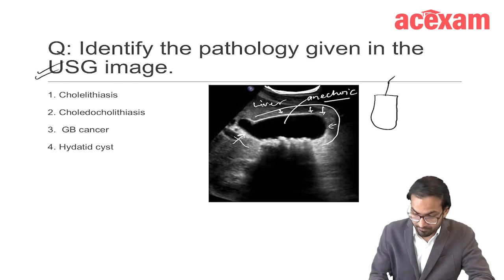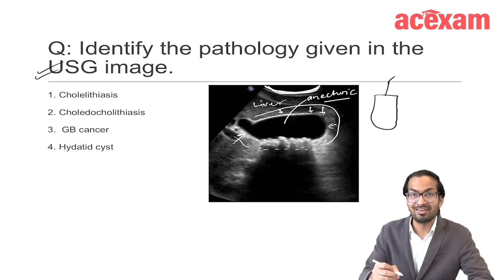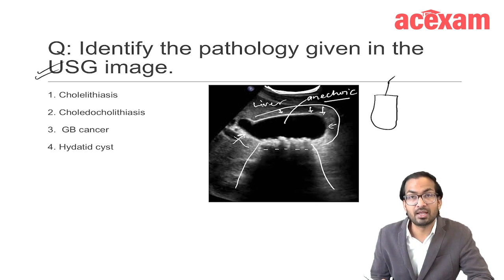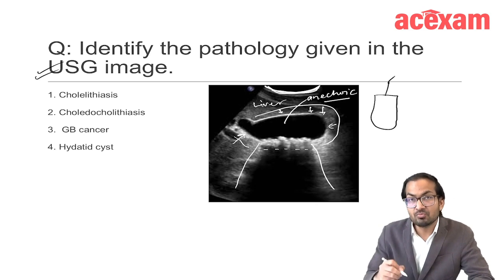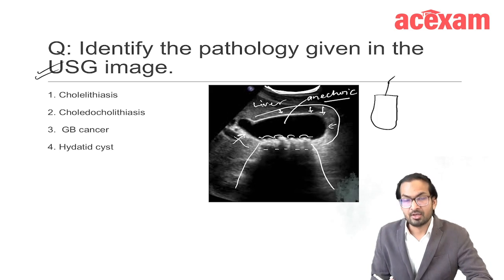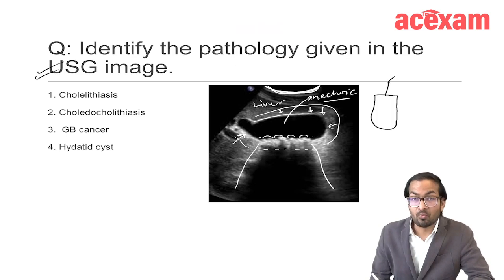However, what you can't see is the posterior wall, because it has been covered by a dark black shadow. Notice that there are shadows going like this, and rather than a smooth posterior wall, you can see these irregular rounded things. This is a very important sign on ultrasound, and we call it